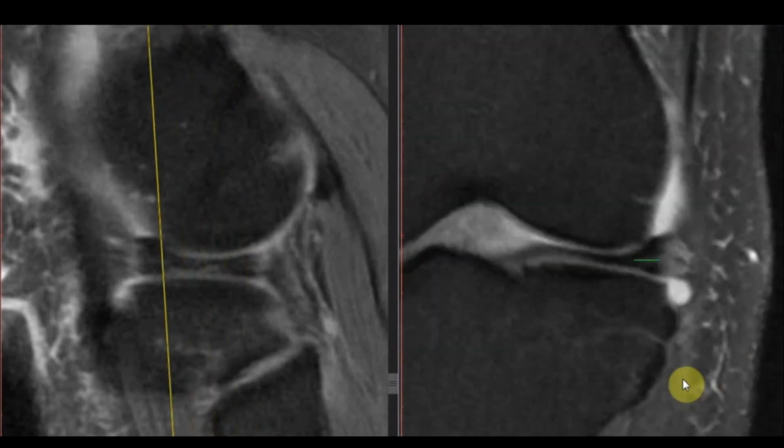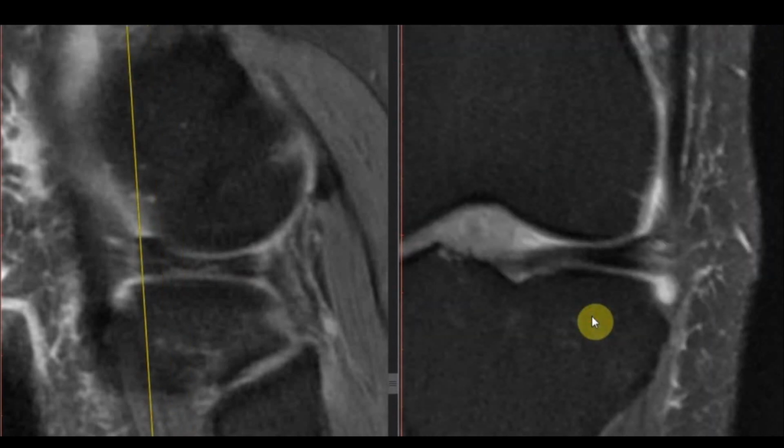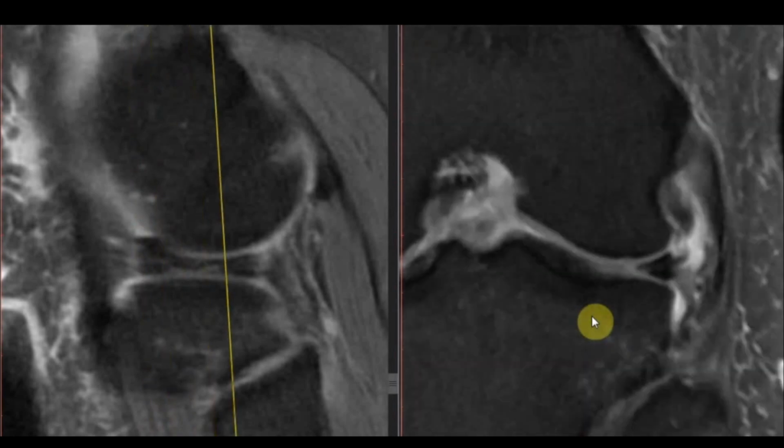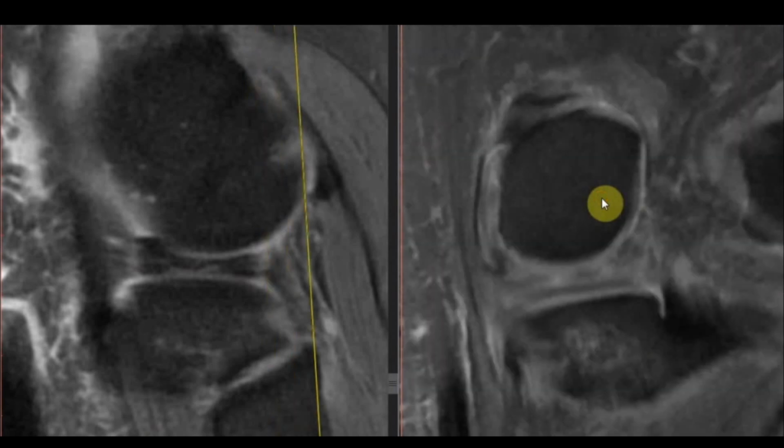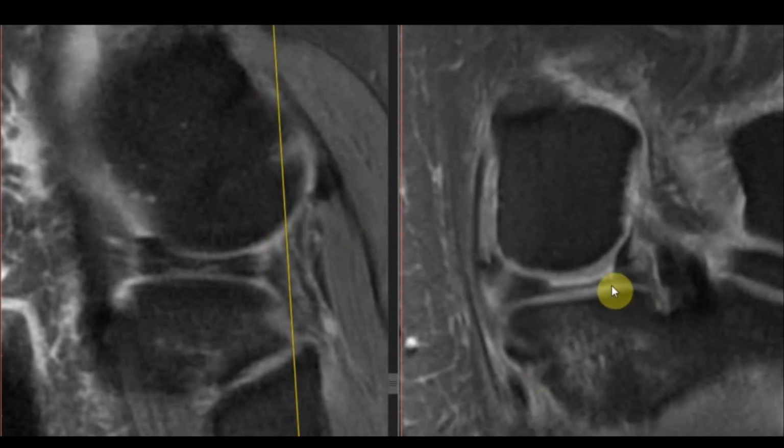So in this lateral meniscus, we can see that there is a combination of horizontal and vertical tear, plus there is parameniscal cyst. Let's move towards the medial meniscus. As we can see, this is the posterior horn of medial meniscus, and there is a tear involving the superior leaflet of the posterior horn, and this has a flap component which is extending into the intercondylar notch, and there is another flap component which is extending into the meniscofemoral recess.